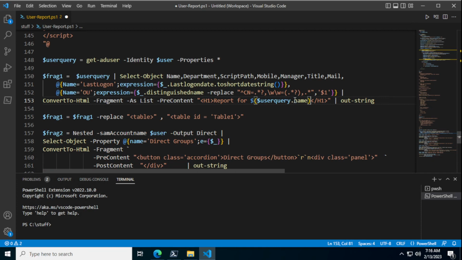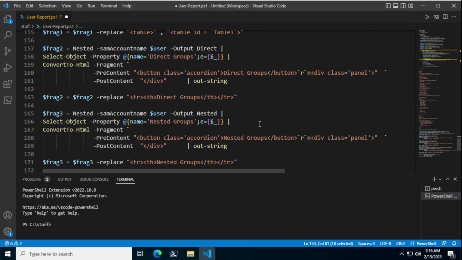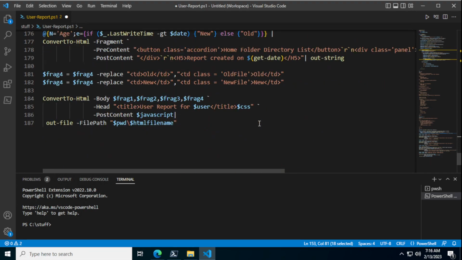So that gets that. And then I want to take this whole thing here and down in my final convert to HTML, notice I still have user report for dollar user. Let's change that right there. Okay, save this,